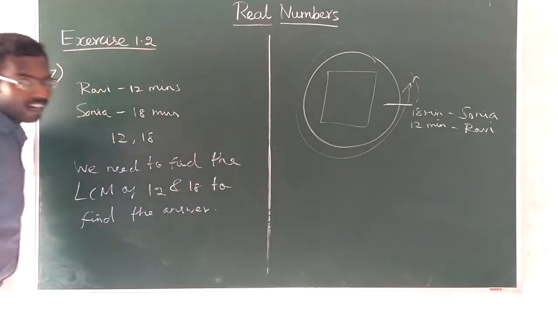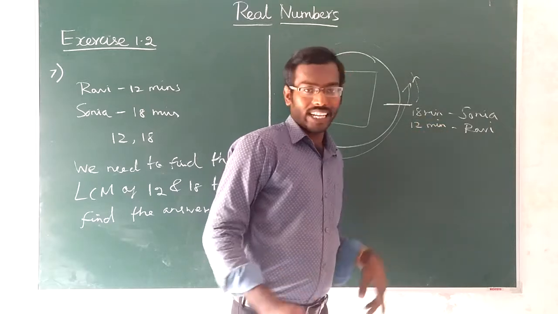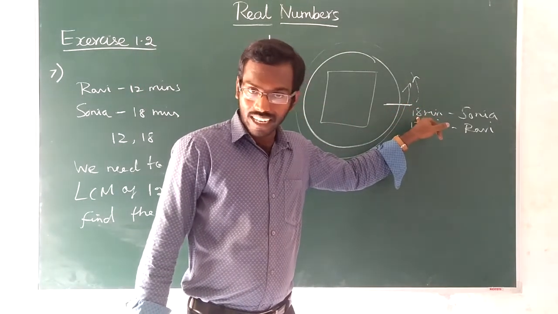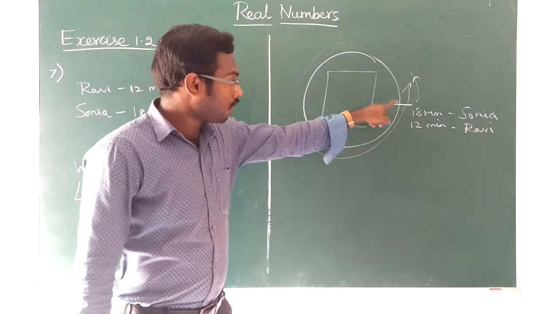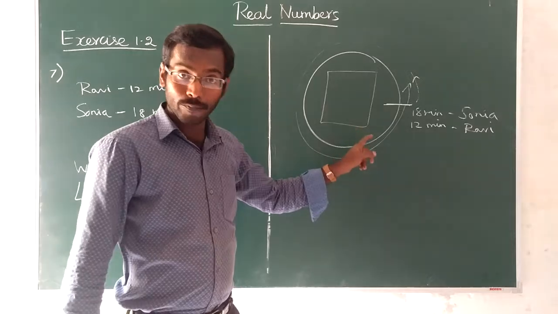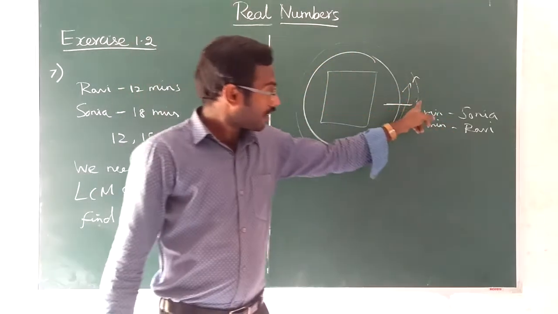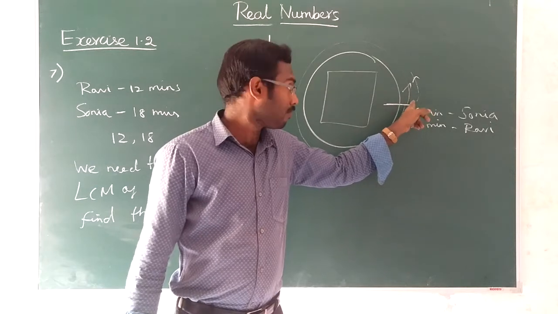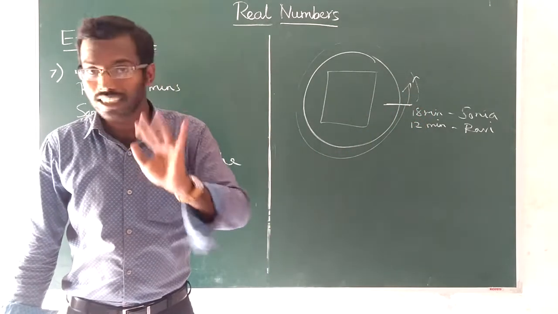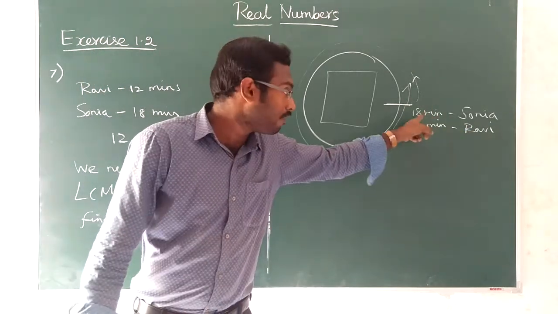So if this is difficult for you, you think like that. Sonia takes 18 minutes, Ravi takes 12 minutes. So within 18 minutes they could never meet at the starting point, because when Ravi is here at 12 minutes, Sonia would be lagging behind. At 18 minutes Ravi would be leading somewhere here, Sonia would be lying at the starting point. Therefore within 18 minutes there is no chance that they will meet. Therefore the answer will definitely be more than 18.